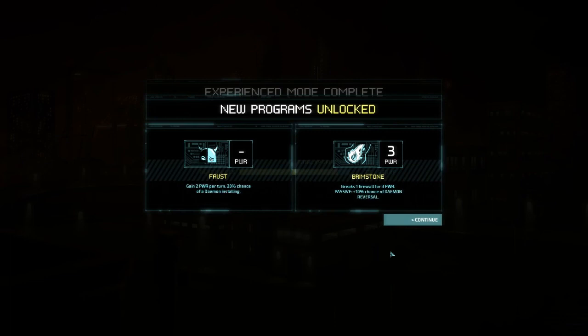New programs unlocked. Faust. Gain 2 power per turn. 20% chance of a daemon installing. Welp. I think that there's a weaker one that gives you 1 power per turn, but doesn't do that. But yeah, chance of daemon installing, that's rough. Although if you're using that with a Central, at least that would be a 20% chance of getting 5 bonus power, which is a lot of power to work with. But you have to deal with daemons all the time, so you're increasing the randomization scariness basically,